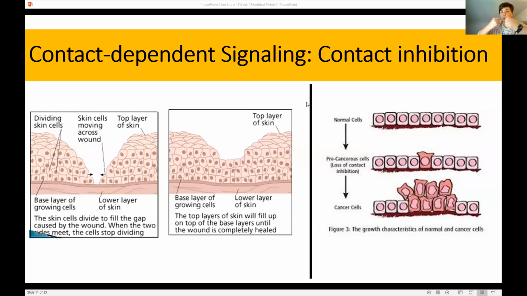Basically, cells will grow and grow until they touch each other, and then they stop. You can see that over here on the right. You again have a tissue, let's say epithelial tissue, and let's say that this was a cut or something like that. This is how a normal tissue would form. One of these cells all of a sudden loses that contact inhibition, so basically the fact that when they're next to each other, they shouldn't grow anymore. And all of a sudden that cell starts to grow out of control.